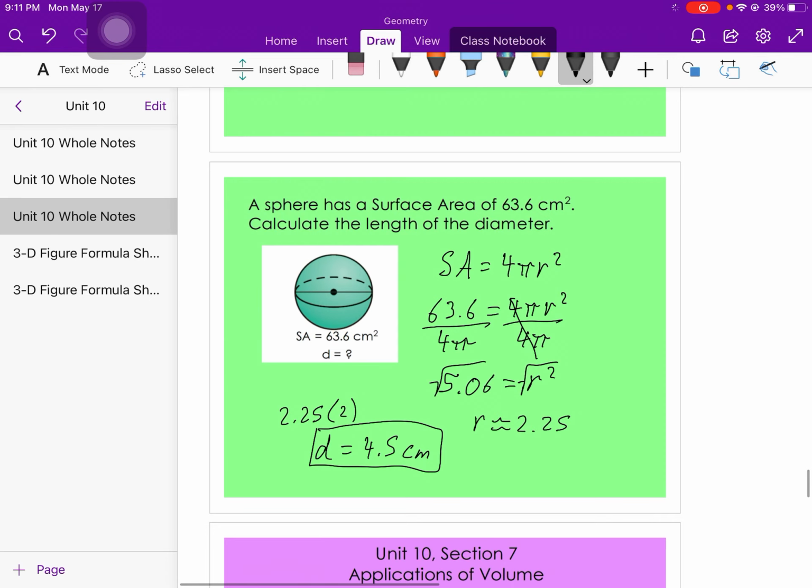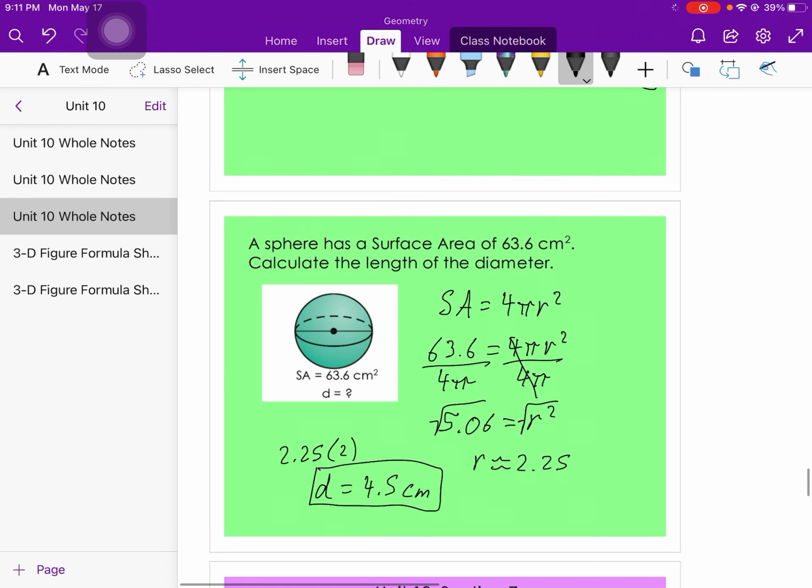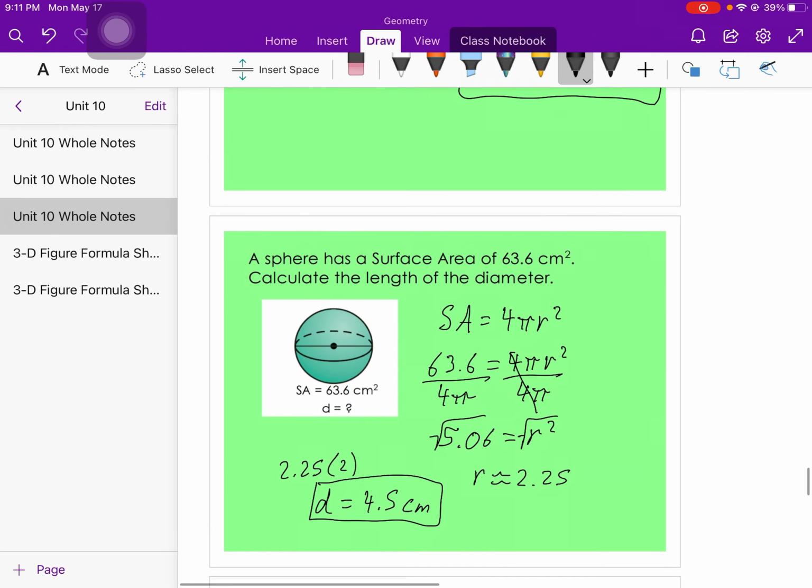Nothing too crazy with those, though. Just again, solving, make sure you're thinking about the formula, using the right fraction,